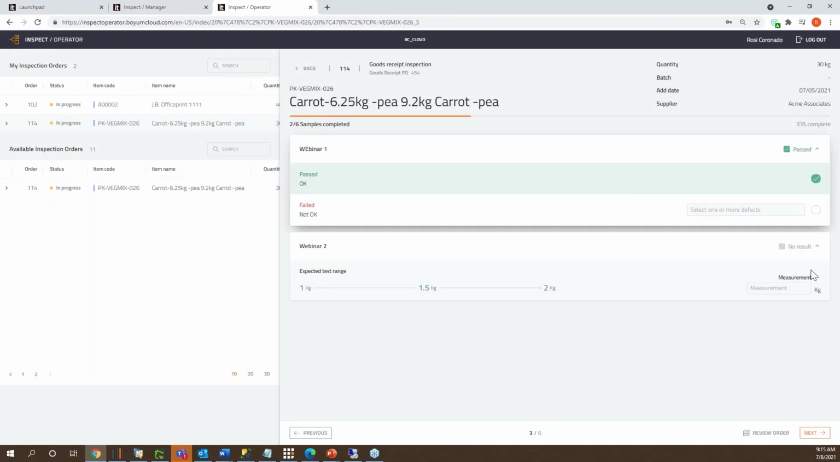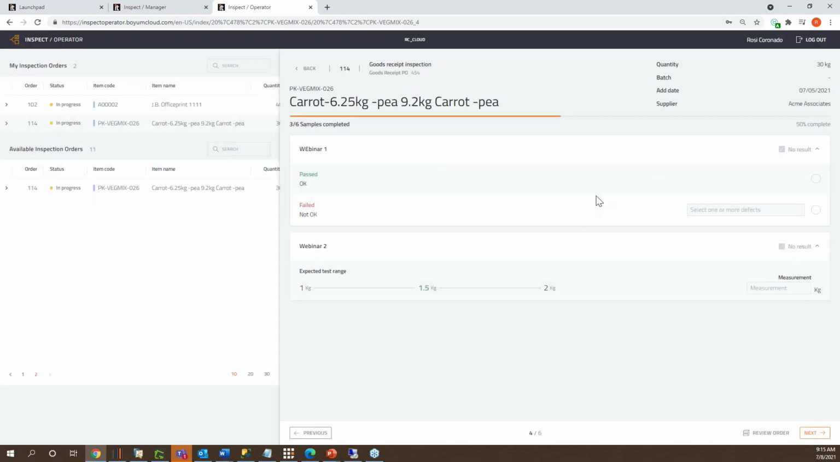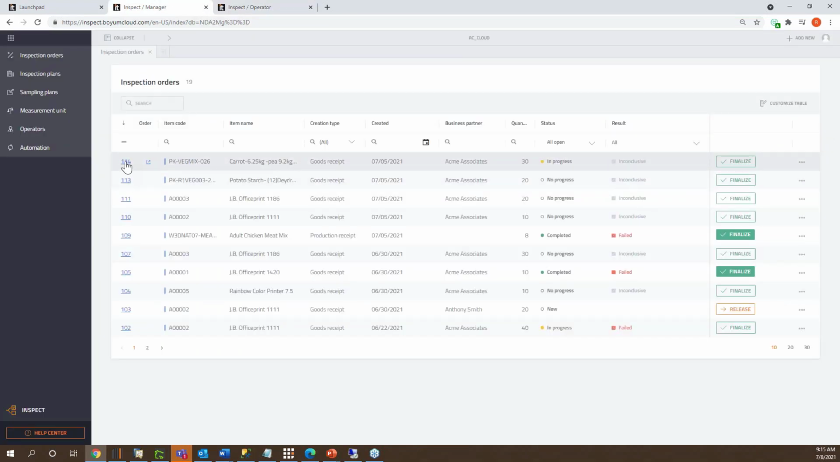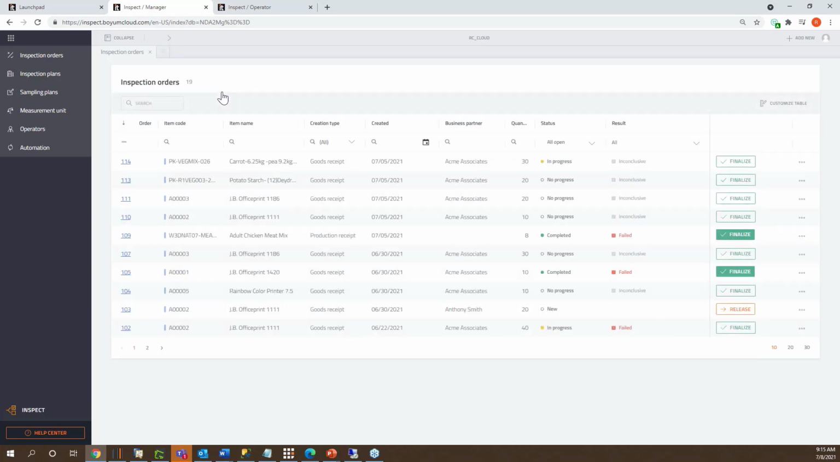So let me do another sample. I'm just gonna say this was my measurement and this was my other test. So I did 3. Guess what? I go back to the manager. The manager sees the same thing. That's the beauty of it. You have full visibility. You know what's going on on the inspection floor, what inspection orders are worked on, which ones